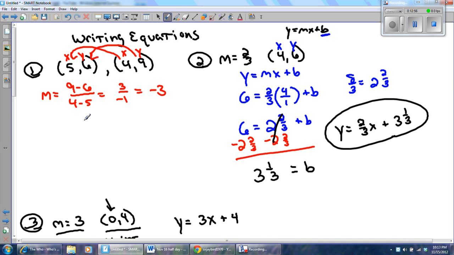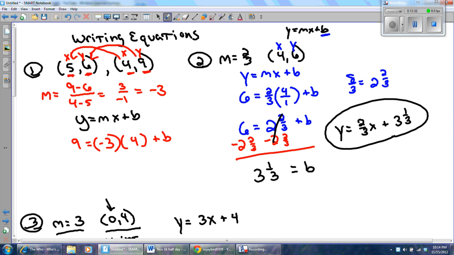Now I'm going to, just like I did in problem 2, use y equals mx plus b. I will plug in values for x, y, and m. M is going to have to be -3. Now, x and y, I have a little bit of choice. I could choose x to be 5, and that would force y to be 6. Or I could choose x to be 4, and then y to be 9. I think to keep my numbers smaller, I'm going to make x 4 and y 9, and then I have